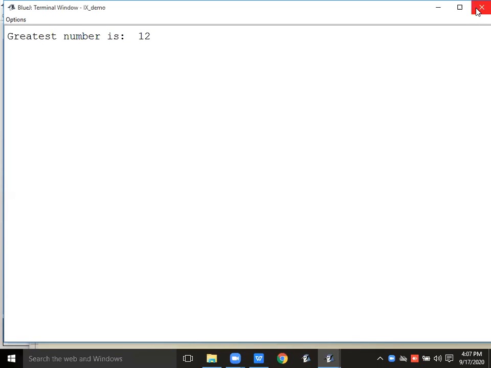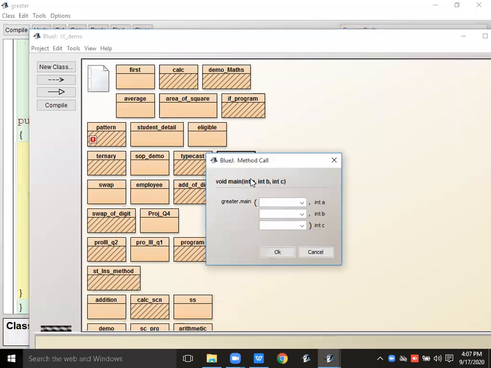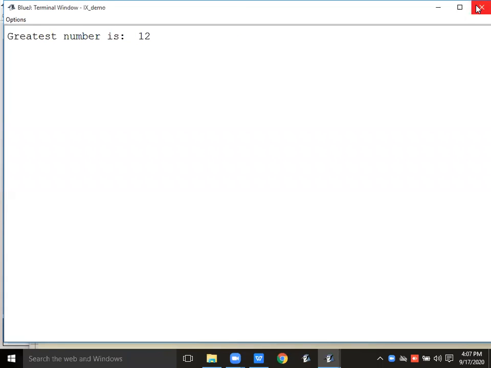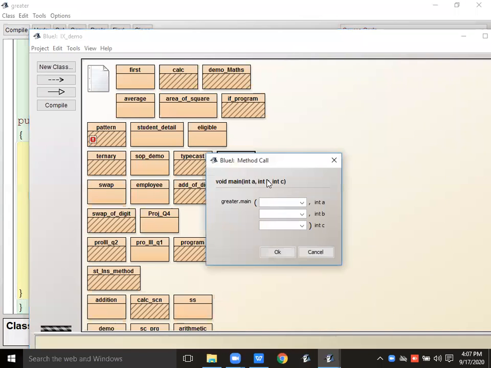Now I'm giving B: 10, 12 and 1. Now 12 is greater, meaning B is the greatest, so it should display 12. 12. Now I'm giving the greatest number in C: 1, 12, 15. So it should display 15.